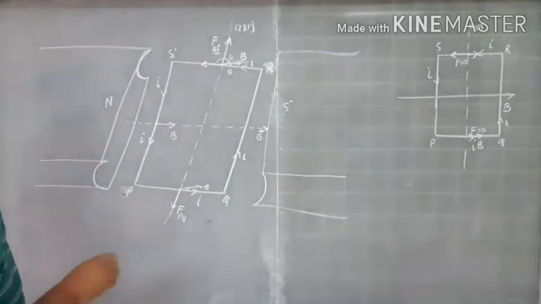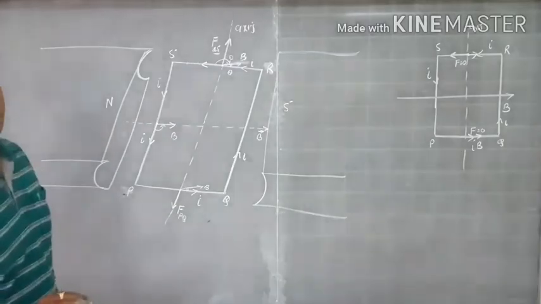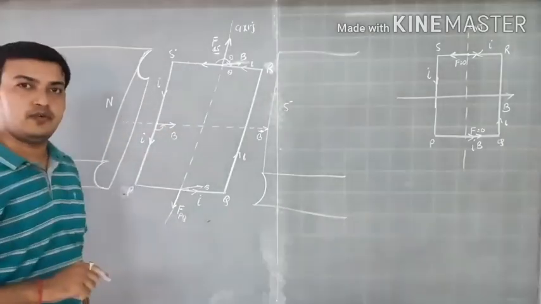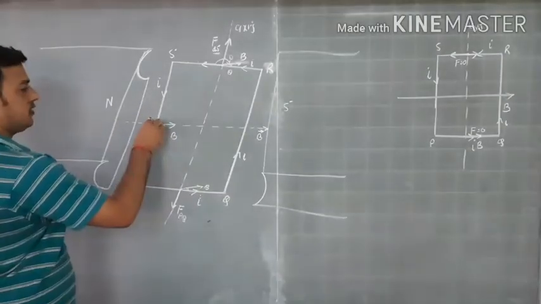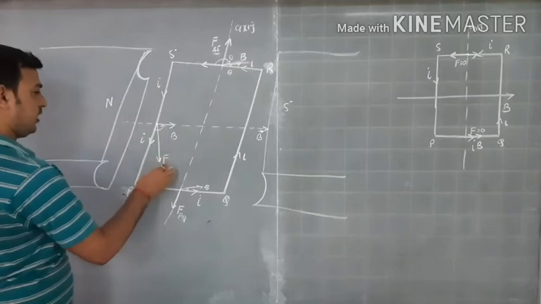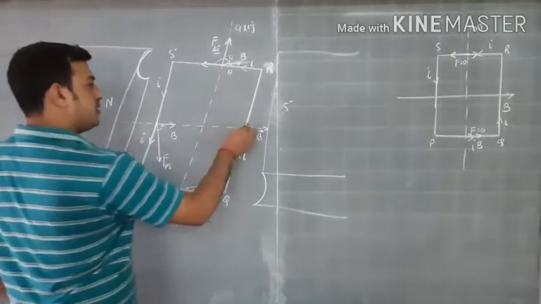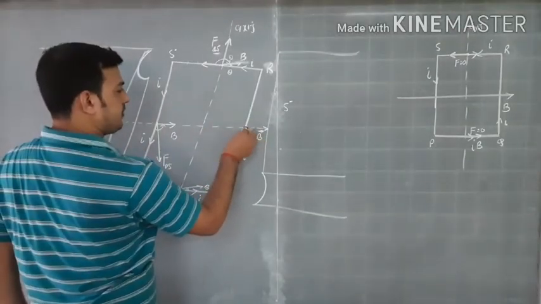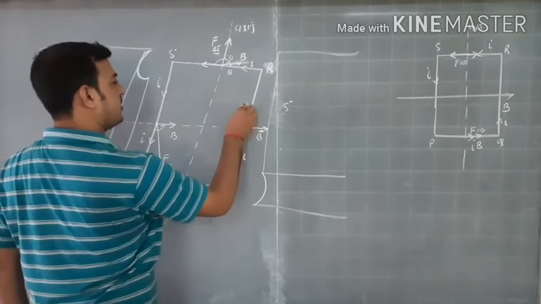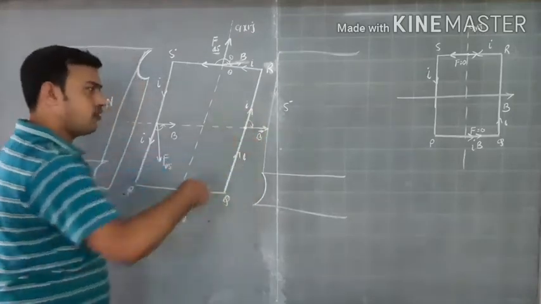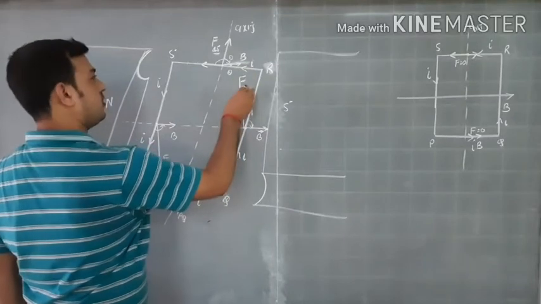So in that case, if you apply the law, then I cross B is anti-clockwise, and for anti-clockwise you know that the force is towards outside, so this is the force that will act on this arm PS, that is an outward force like this. But for this arm, at this point, if you can see, for this small length, B is in this direction, current is upwards, and if you go from I to B, it is clockwise, so the force will be into the board, and this is the direction of the force on QR.